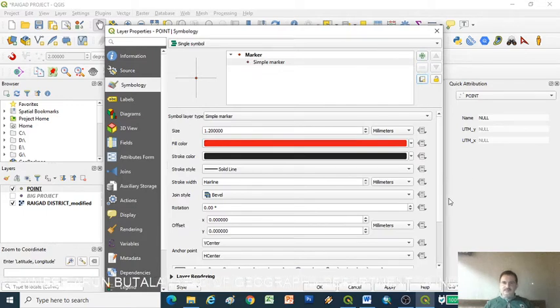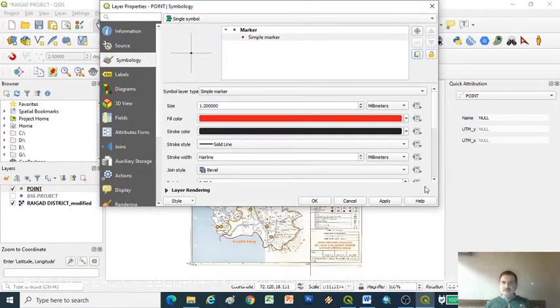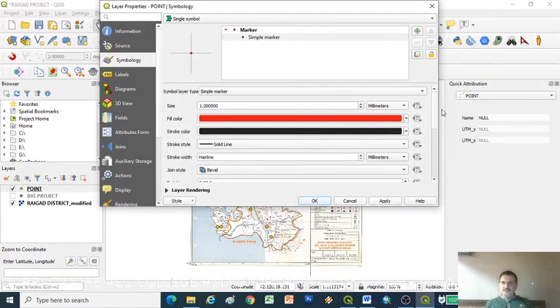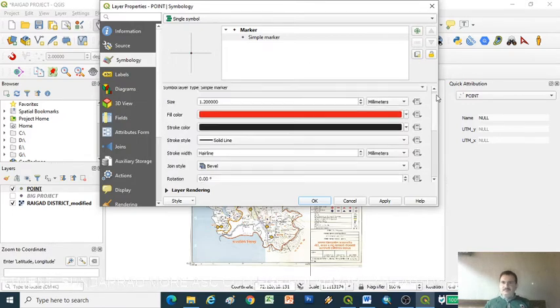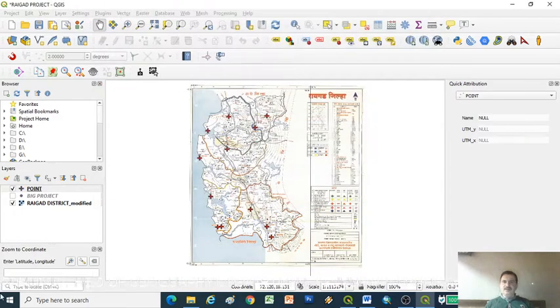To minimize, just drag this window. Here are some symbols. I click on these because I want this type of symbol, then Simple Marker, Apply, and OK.